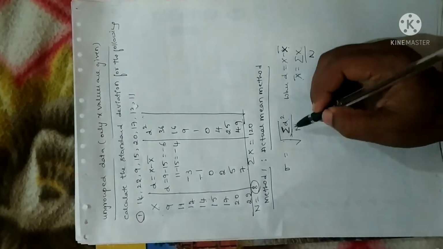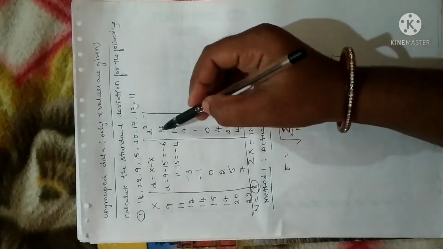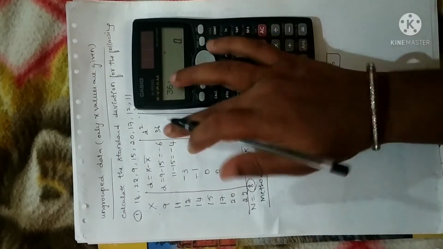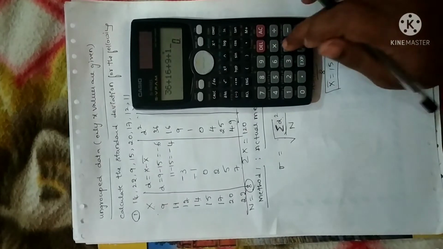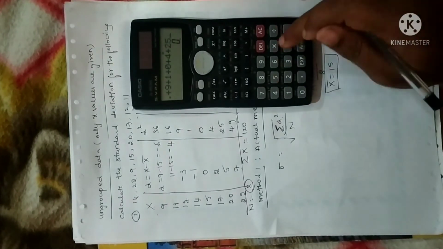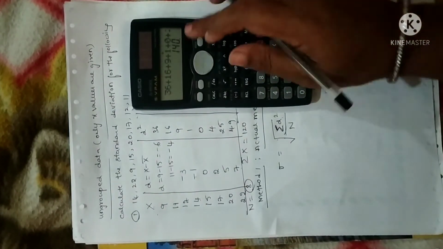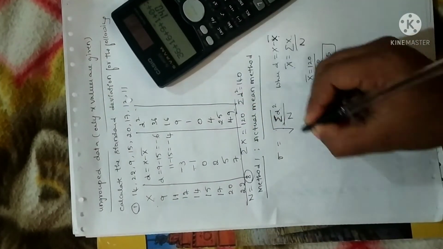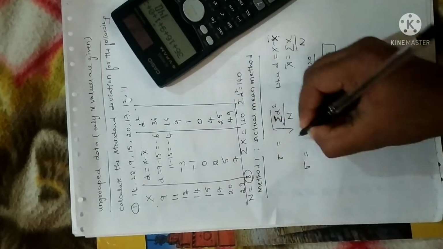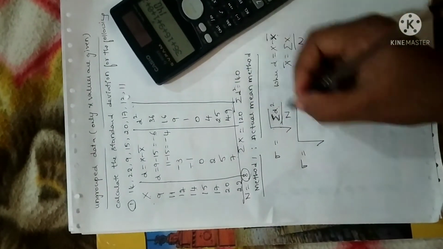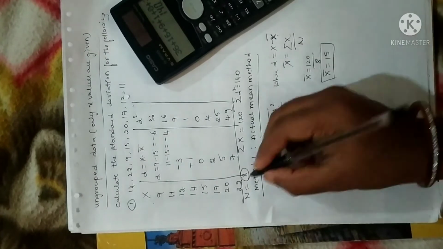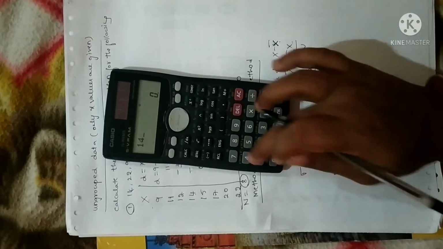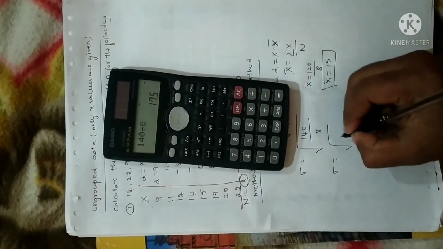Now what else is needed? Sigma D square. Sigma D square in the sense first you have to add all the D square values. So 36 plus 16 plus 9 plus 1 plus 0 plus 4 plus 25 plus 49. So that will give us 140. So I'll write here sigma D square is 140. Now I'll make a substitution here. First I have to write the square root. Next, sigma D square is 140 divided by n, which is 8. So I'll get sigma is equal to square root of 140 divided by 8, which is 17.5.